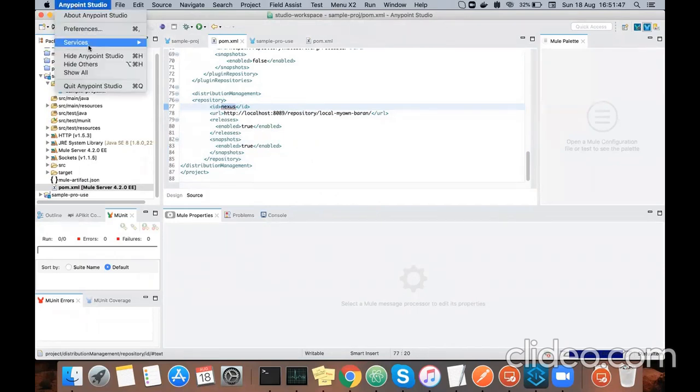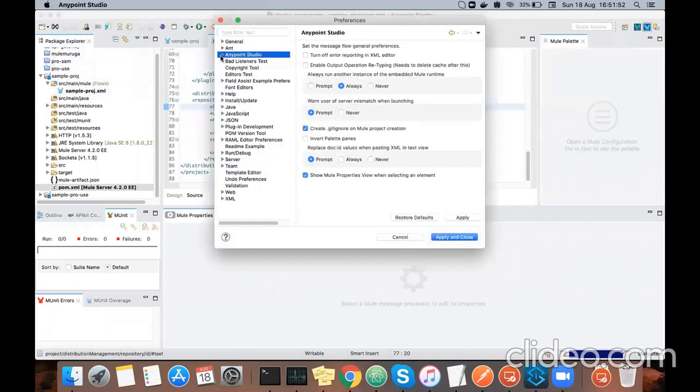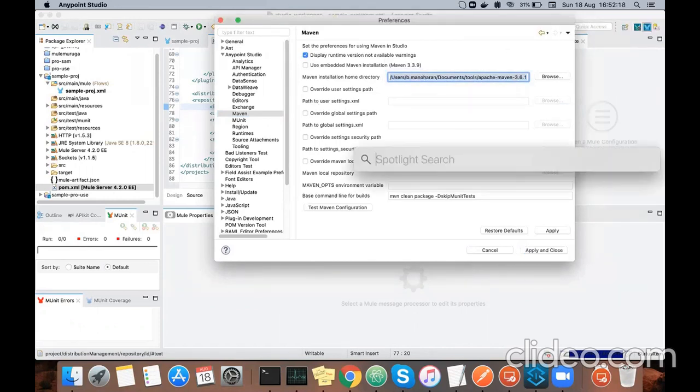The Maven you will see it here. The preferences, if you go, Anypoint Studio, sorry. So Maven, you can see if you're using the Anypoint Studio version more than 7, you will have an embedded version of Maven. So if you want to override any of the, what I'm doing here, I'm asking to use this Maven to build this project, right? So let's go here and see the